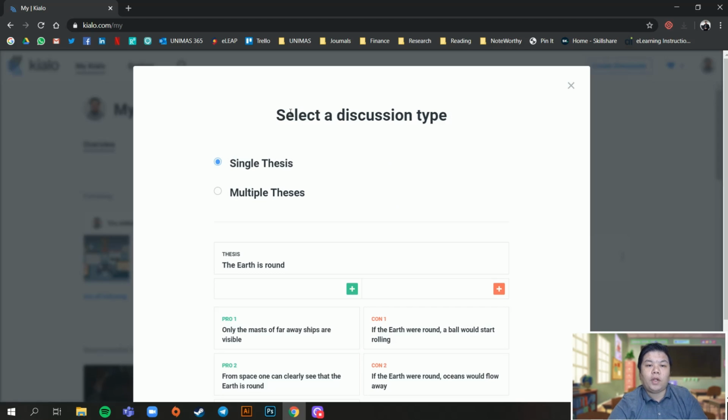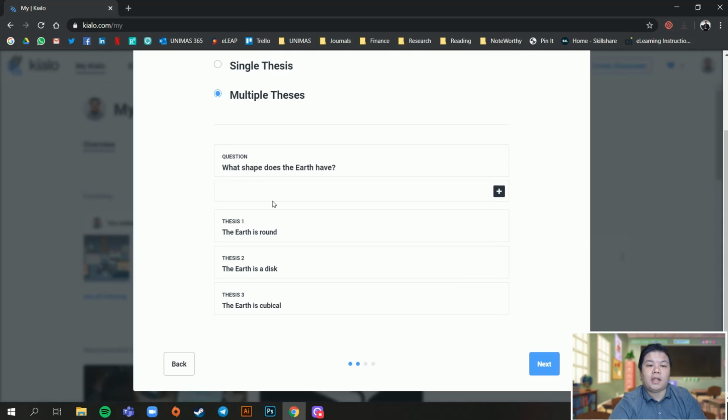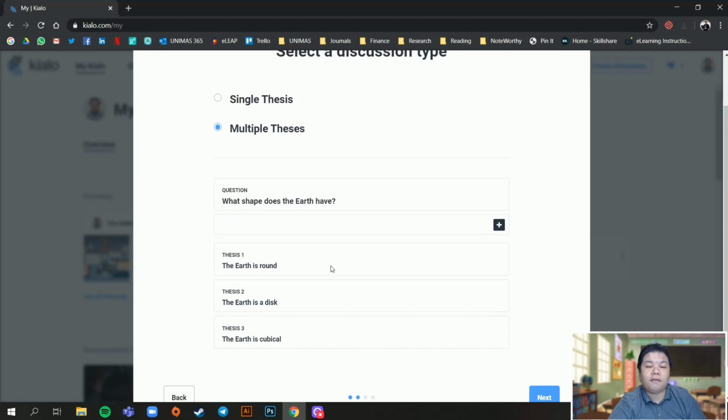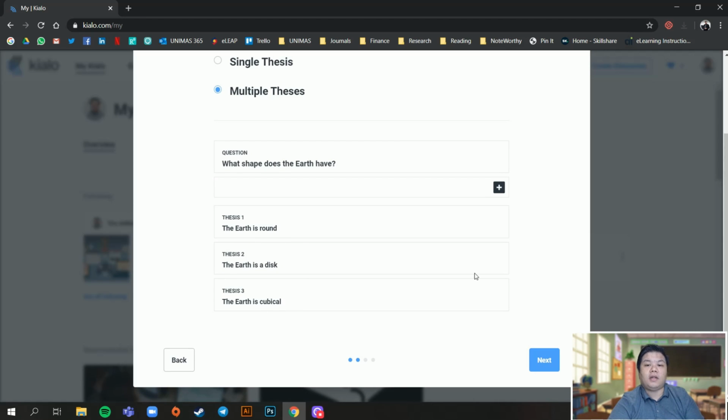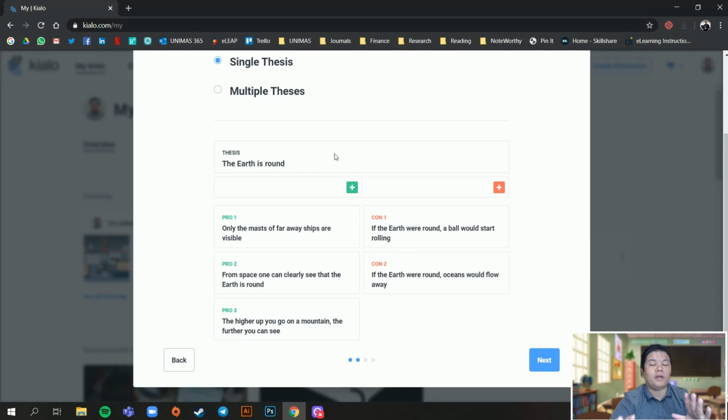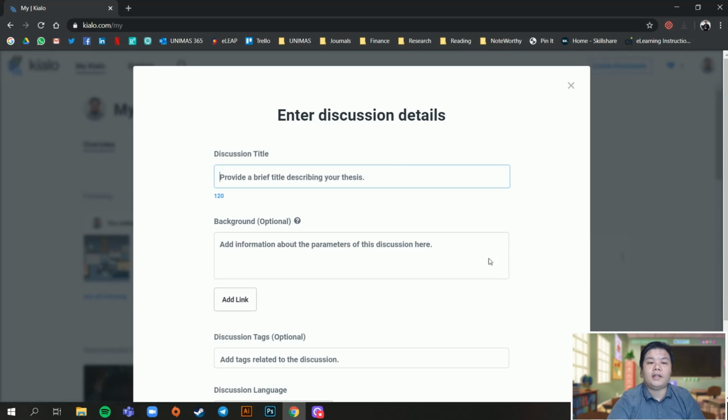So when you are creating a new discussion, it will ask you whether you want a single thesis or multiple theses. Single thesis means it's like pro and cons, the earth is round kind of thing. Multiple theses will be a bit more open-ended, and they can come up with their own thesis and then start to debate about it. Like this one, what shape does the earth have? Some can say it's round, it's a disc, it's a cube, and then they start to debate, right? But I'm going to go for single thesis because this is a straightforward one, the pro and con, yes or no kind of thing. So go next,